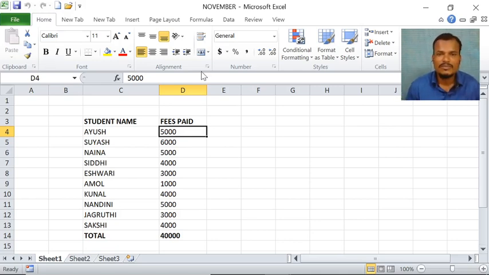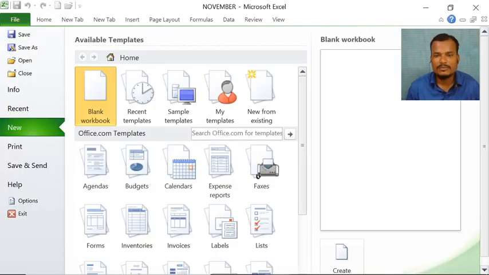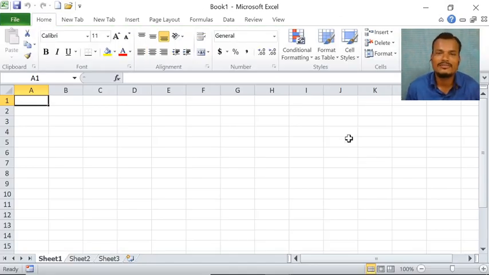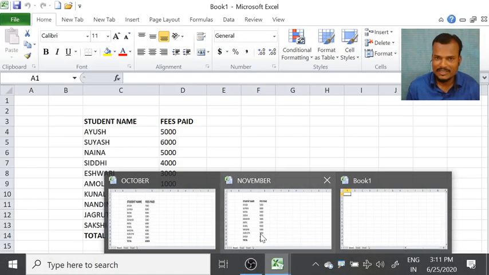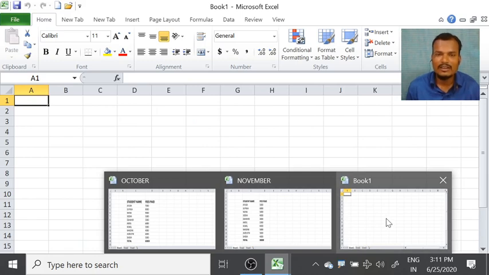For that the procedure is, first you take a new workbook. In this new workbook I want the complete details, that means the complete total of how they have paid in October and November, with totals.